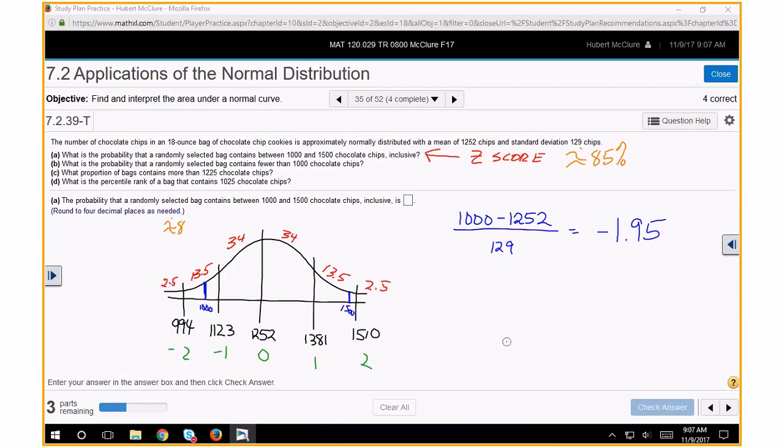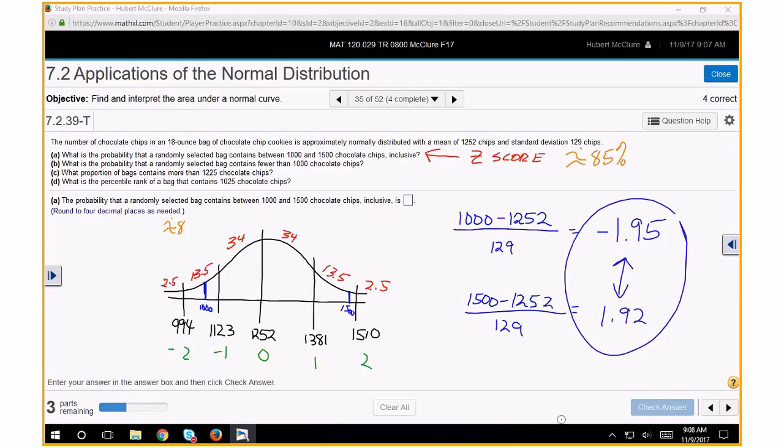All right, now the other one is 1,500 minus 1252 over 129. Somebody give me that one. I say it's going to be 1.9. 1.92. Now do your handy dandy